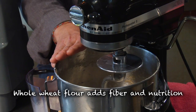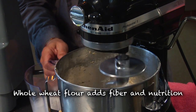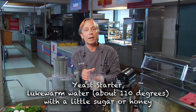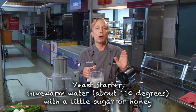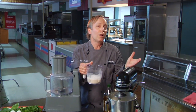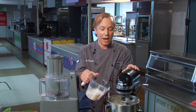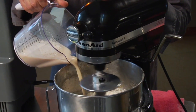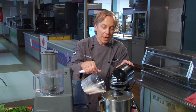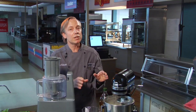We're going to make our own dough. We're going to get right into it with a little bit of high gluten flour for structure and whole wheat flour for fiber and nutrition. We've got a yeast starter here. Yeast develops a full flavor. It is mixed with lukewarm water at 110 degrees and a little bit of sugar or honey to get the yeast to feed on, to multiply and divide, and ultimately make some gas to make the dough rise. So we'll start off first with the yeast culture going into the dough. Now, to make a straight pizza dough, we'll just continue with some ice water till we